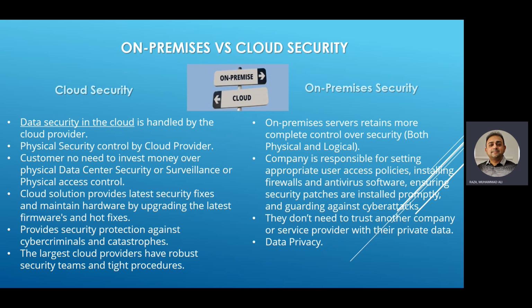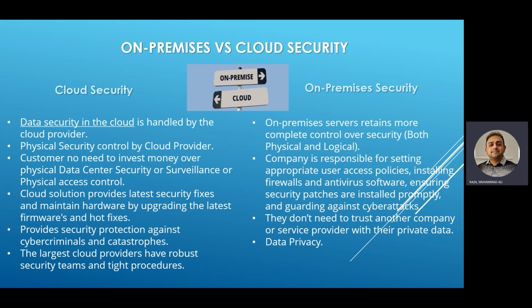From a physical security perspective, in the cloud, physical security is controlled by the cloud provider, and we definitely don't need to invest any money in physical data center security, surveillance, physical identity management, or access control systems. Since we won't have any physical infrastructure, it's all going to be over the cloud,